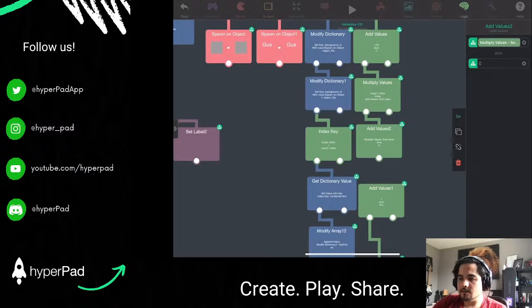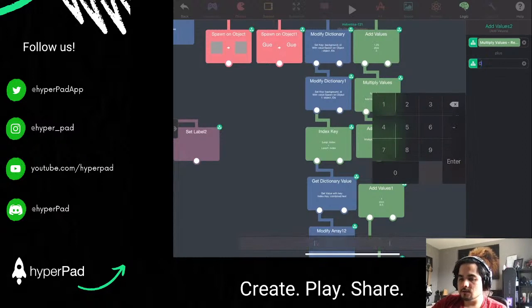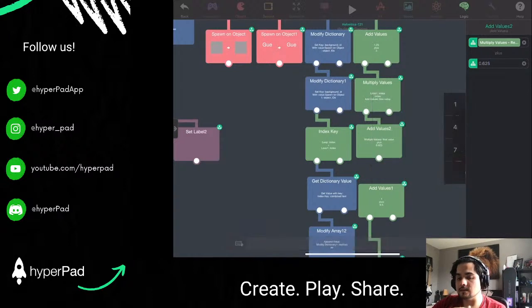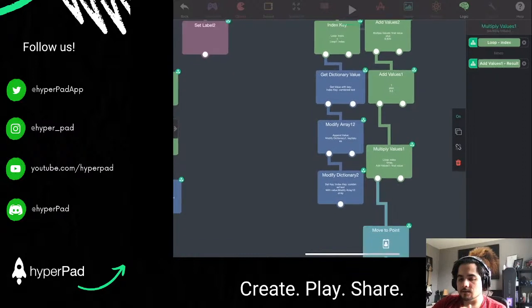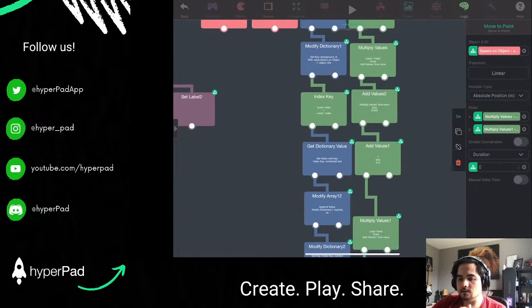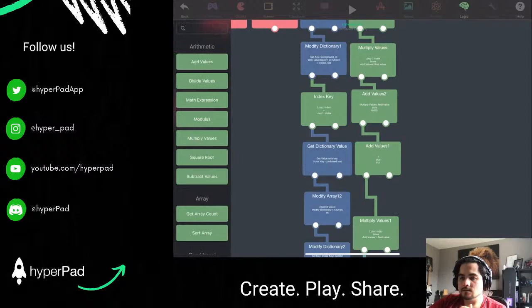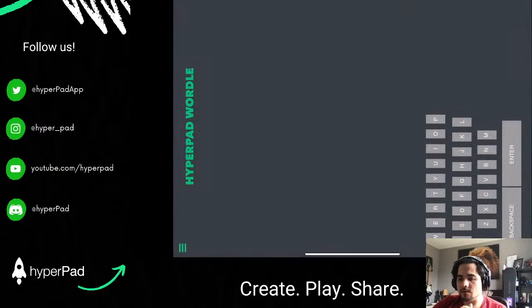So we're going to grab this plus 0.625 to add it by its center. And then that's what this value should be. So now we should see everything be properly